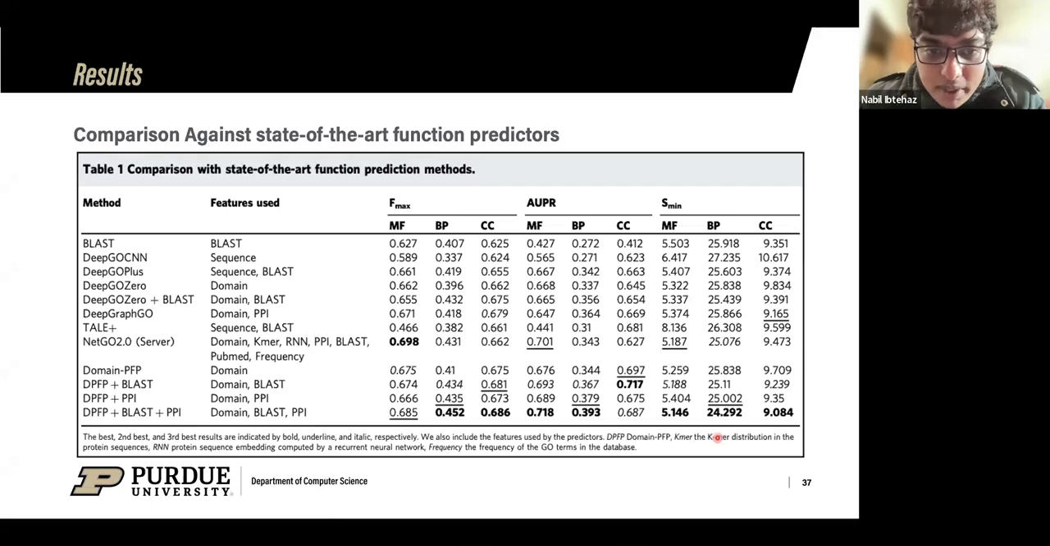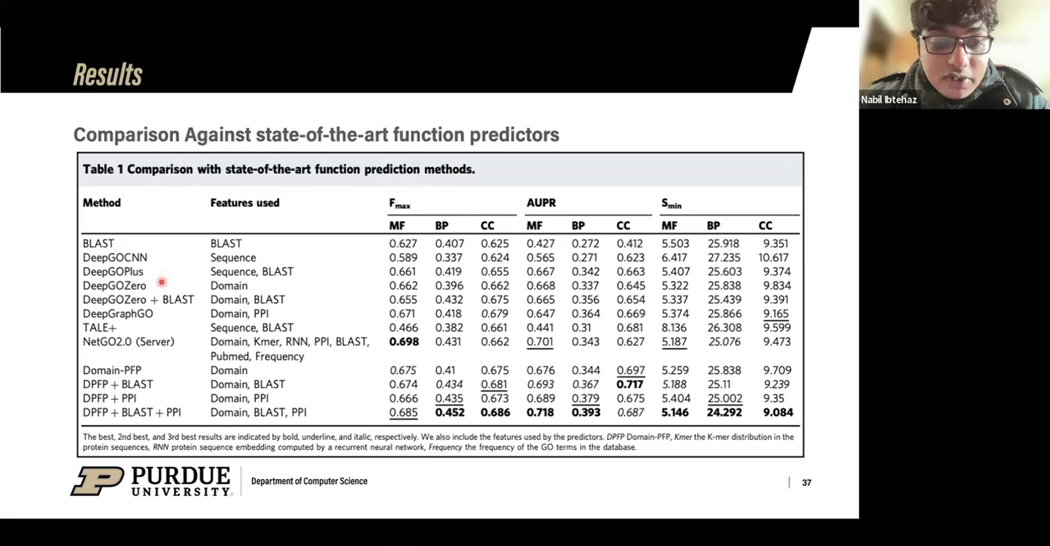And this is a comparison against the state-of-the-art function predictor methods. We perform this comparison at multiple levels because it's not a fair comparison to compare every method against every other, because some methods have only sequence information, and some methods also have BLAST and PPI information. So we try to categorize this comparison at multiple levels. For example, we can consider domain as purely sequence-based information. So we can compare our Domain-PFP against